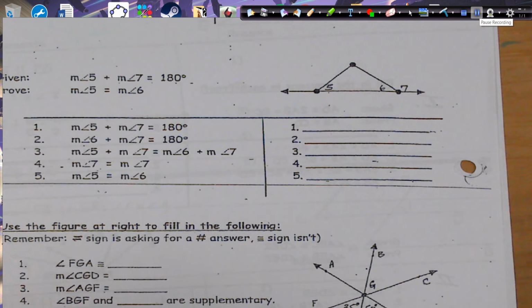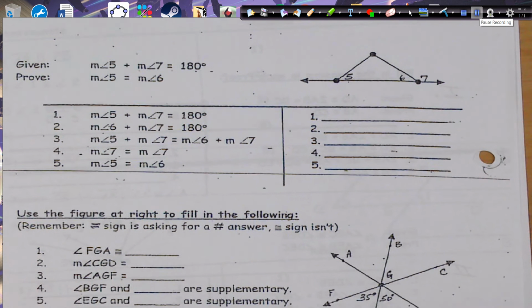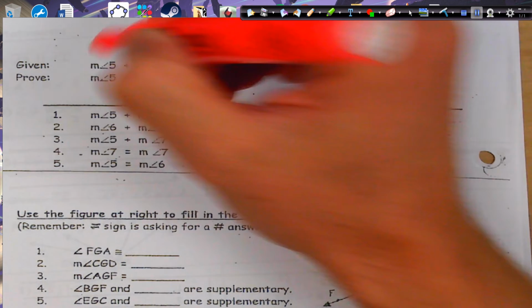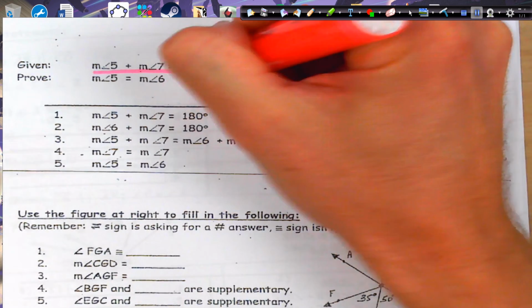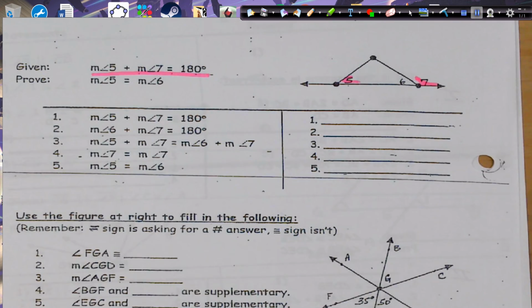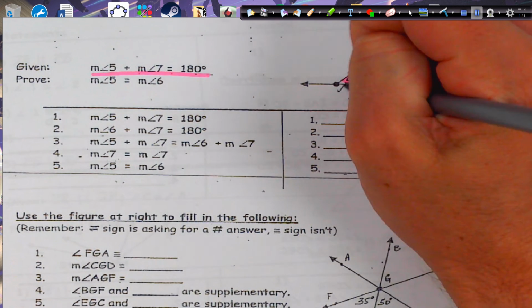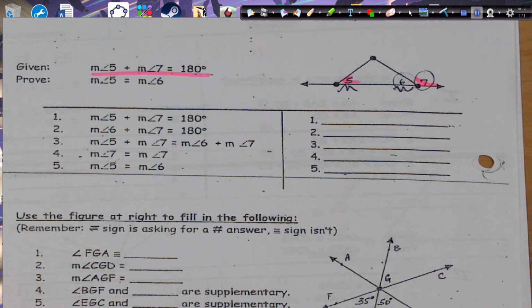Okay, here's another proof. I know, we're proof happy on this. So we know that 5 and 7 add to 180. And we want to prove that these two, I'm sorry, not those two, these two are congruent. 5 and 6 are congruent. Okay, so let's go ahead and jump in